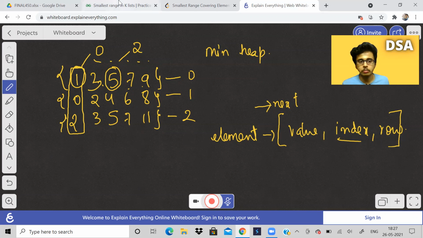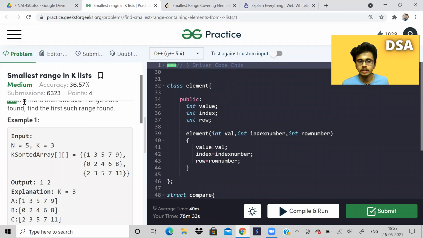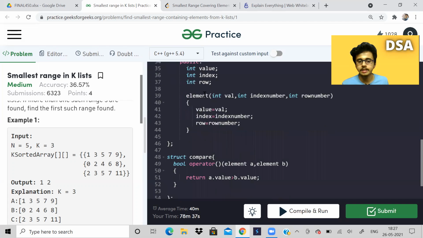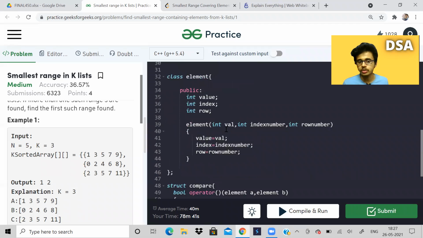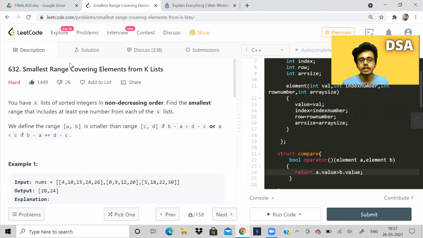See, actually, I would like to pause here and tell you that I tried solving this in GFG, but over here, it is saying you can't use STL pair. So you have to do some other method. So I left this question and I went to this question in LeetCode. LeetCode, it is a hard problem. I will put the link in the description.